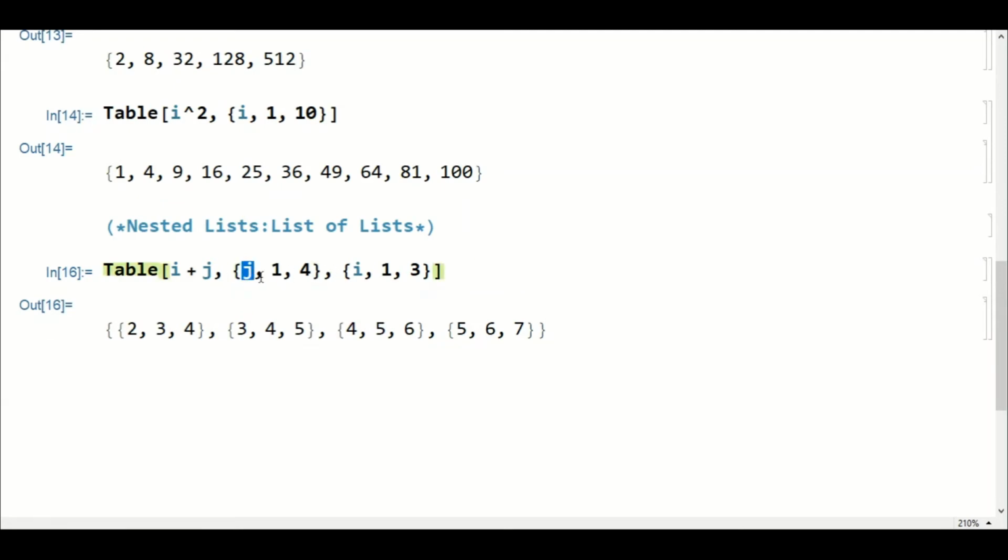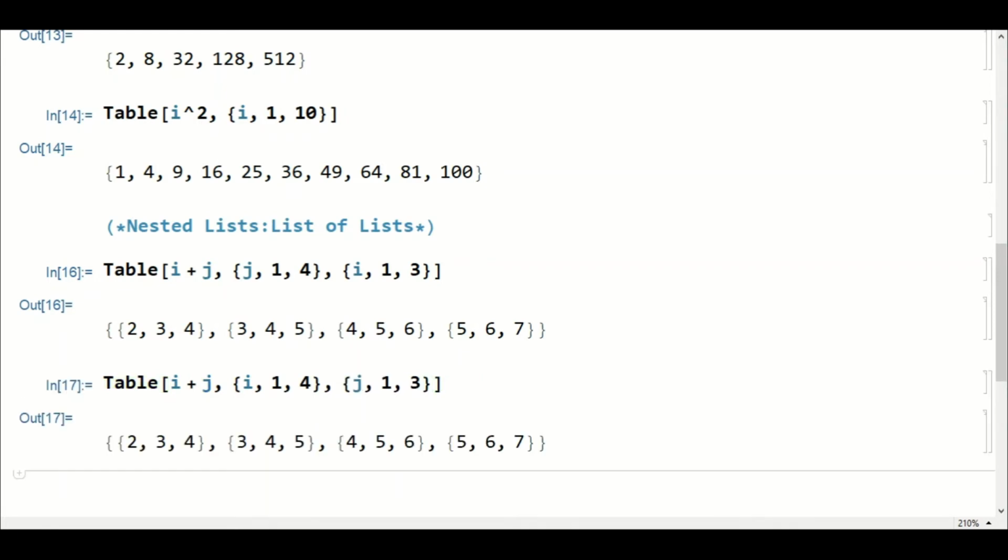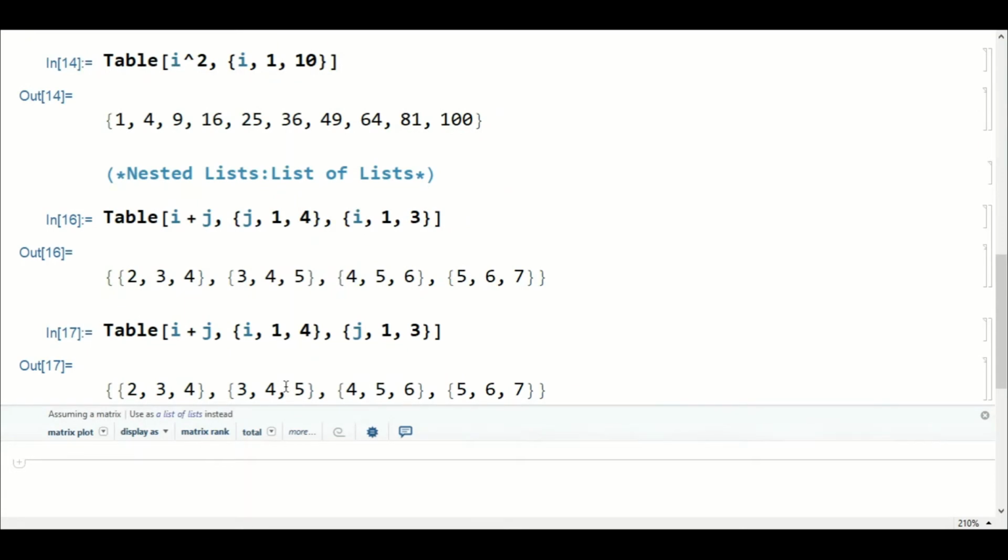If I replace i here and j here, then what will happen? If I interchange the values of i and j, then see what will happen.